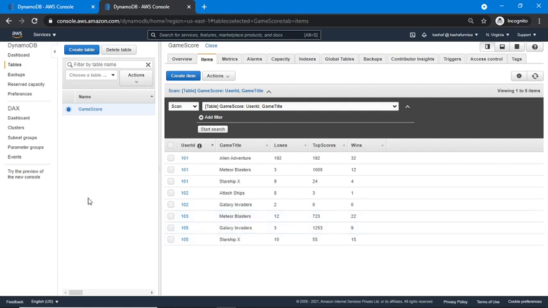So in this way DynamoDB global table works. So the table gets added automatically, all your items replicate automatically, and you can serve your users from their nearest region with the help of this global table.